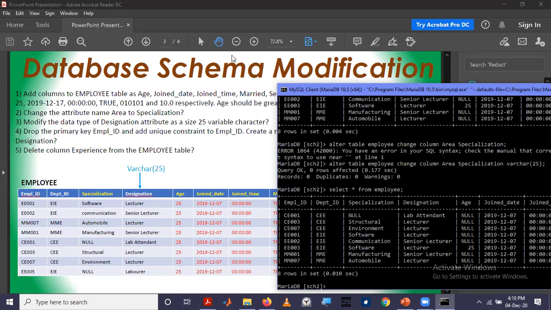If we look at this one now, we will see what the data type is. To visualize the data type of a given column, we have to use show create table employee.